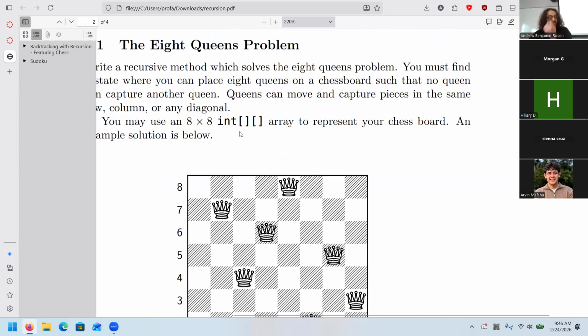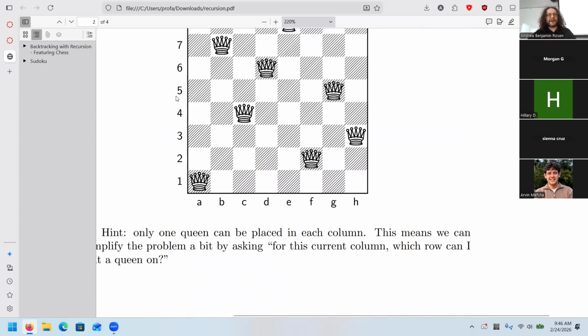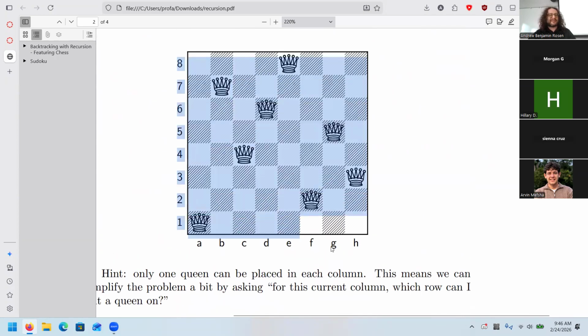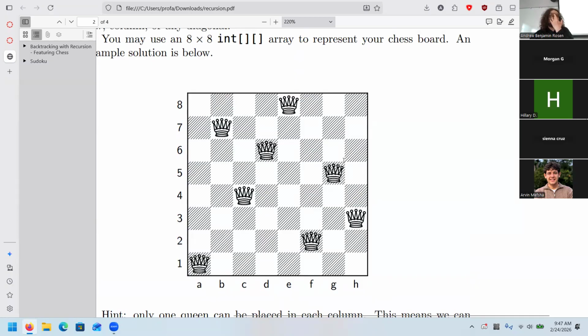So the two problems are 8 queens, and I have a physical chessboard in one of my videos where I go through this and solve it by hand. So I'm not going to go over it other than to define what this problem is. By the way, getting this grid here was actually one line of code in LaTeX for me to do. So that was pretty cool. Import package, write a line of code, get chessboard out.